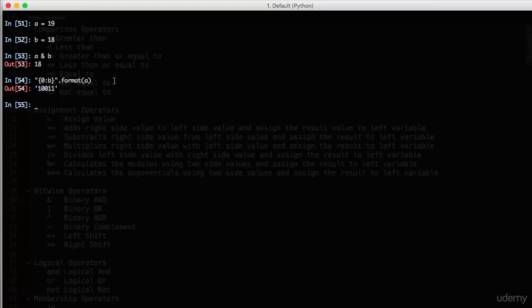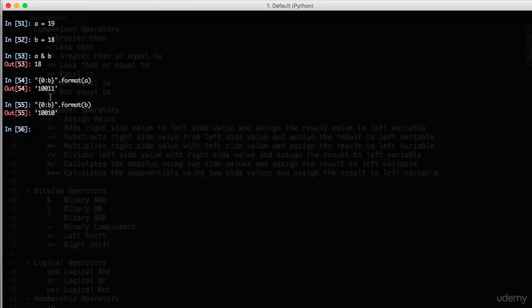Let's also know the binary format of B. Python compares these two binary formats and finds the resultant binary format, and then it converts that binary format into an integer. So how does it actually perform the AND operation with these binary formats?